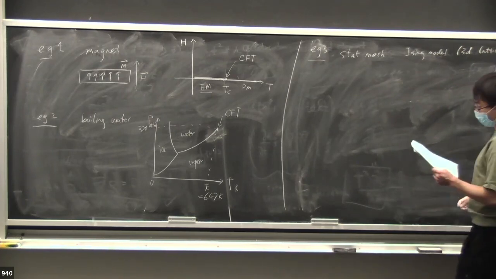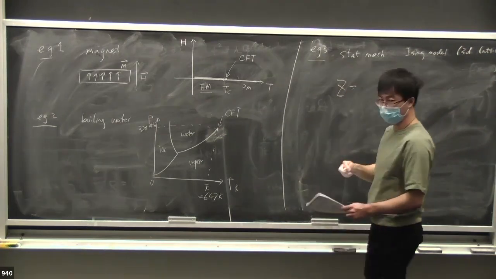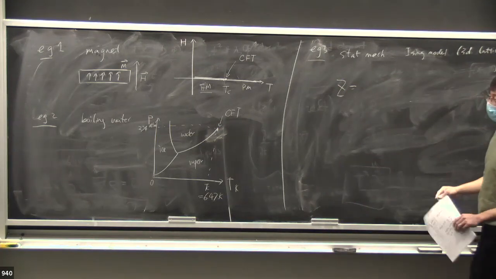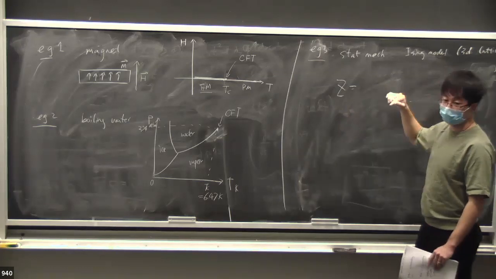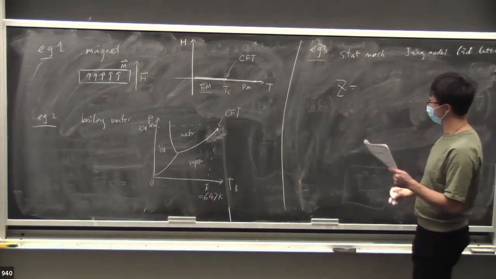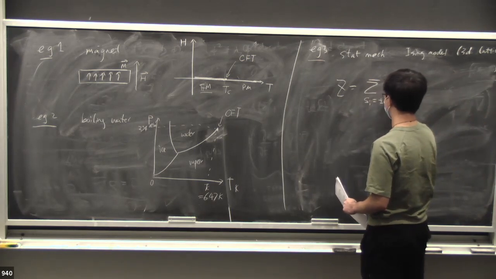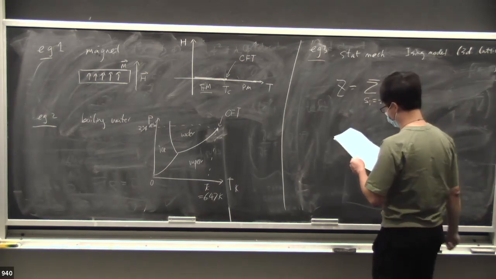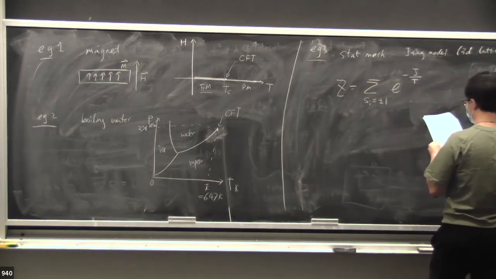This has generalizations to other cases. In this case, which is probably related to what Yassin asked about, the partition function has a very concrete expression in terms of the degrees of freedom on each lattice site. It's a sum over the individual spins at each site, weighted by the Boltzmann factor,